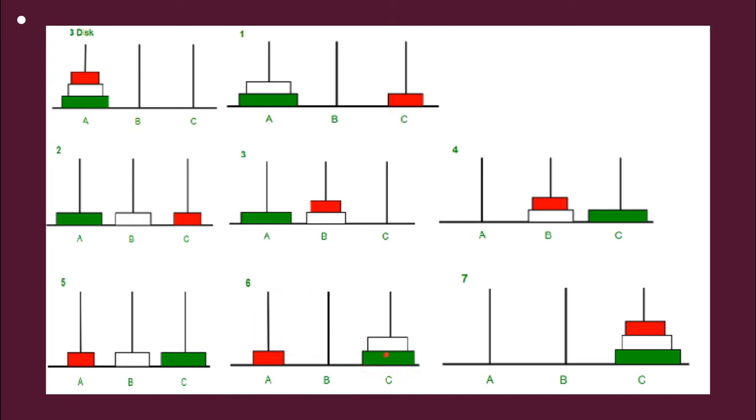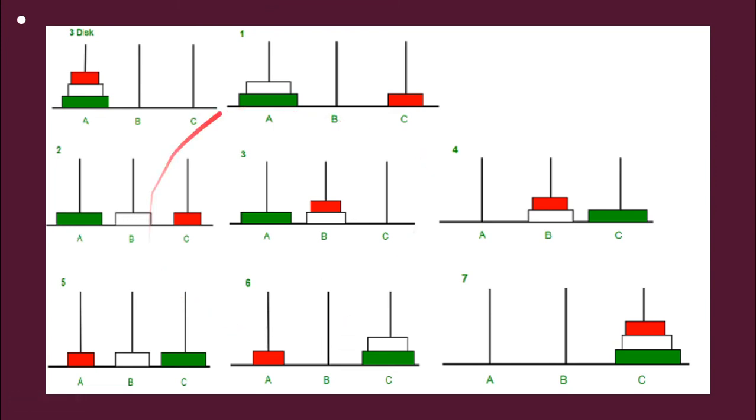Okay, so now green is shifted, and next white is shifted to the next position, and finally this saffron is left out, so you have to shift it directly to the position. So we have achieved the goal. What is the goal? We have to move the three discs green, white and saffron in the same order to the destination rod, which is C.